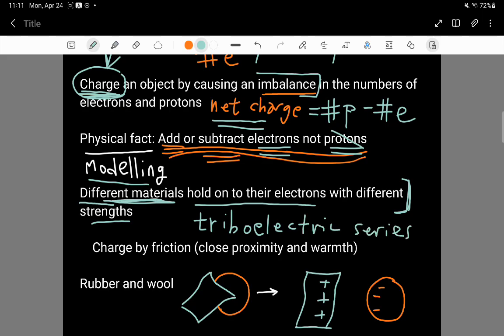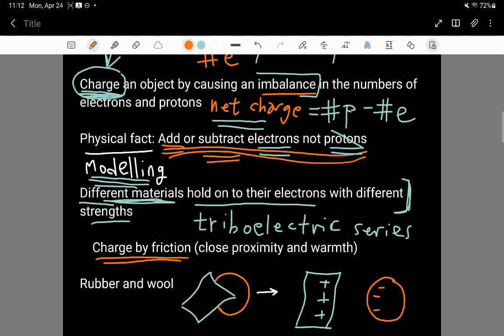And you can see which objects tend to take electrons and which objects are more happy to drop electrons. This is referred to as the Triboelectric series. And it shows you the difference between, say, rubber and glass and plastic and copper, for example. Okay, so on the tip of thinking about modeling,